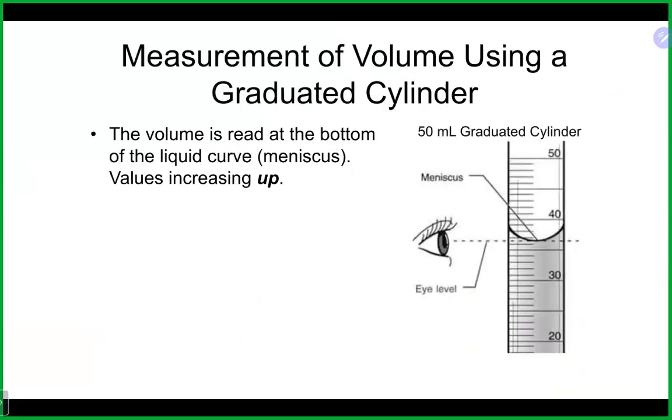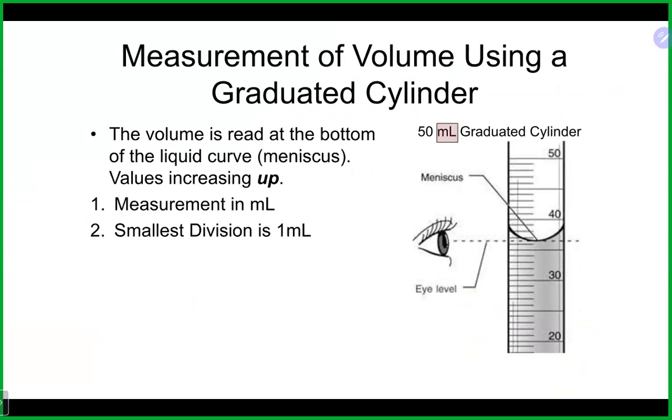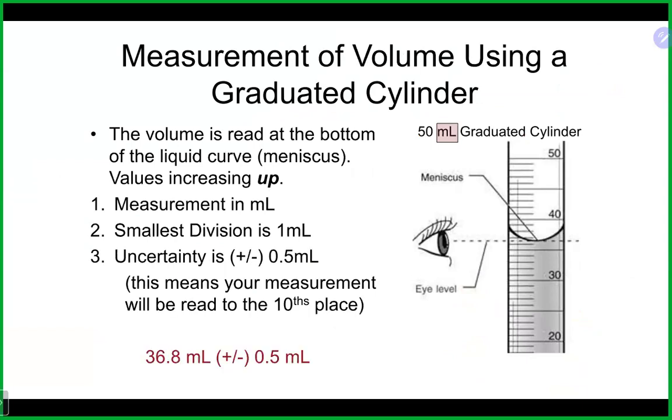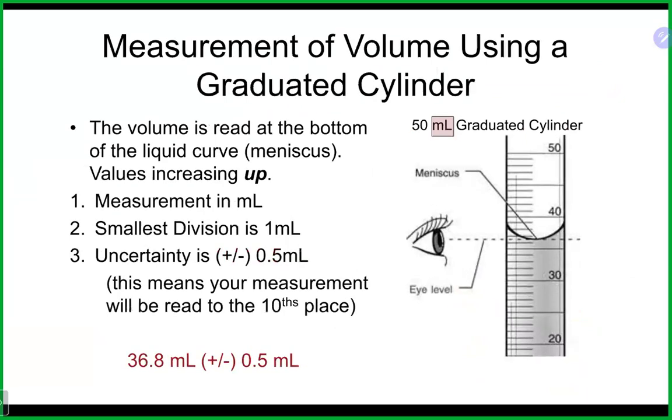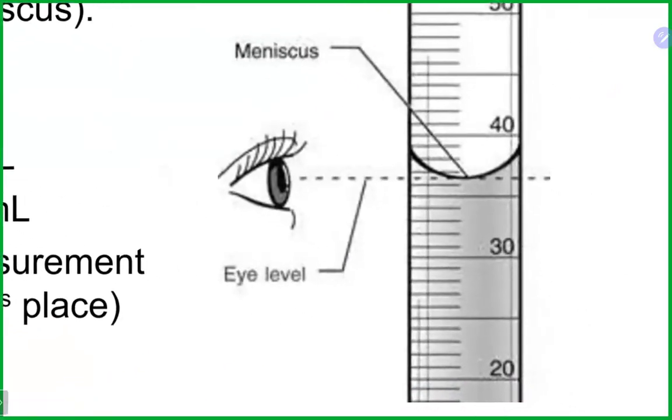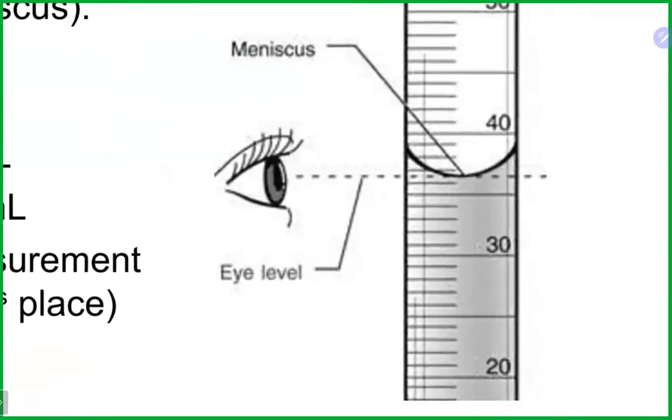Okay. Now, as I mentioned earlier, when we look at any type of liquid within a glass, you will see that meniscus, that curvature of the liquid. And again, we are looking at the bottom of the meniscus in most cases, when you have the U meniscus. And if we zoom in here to take a look,